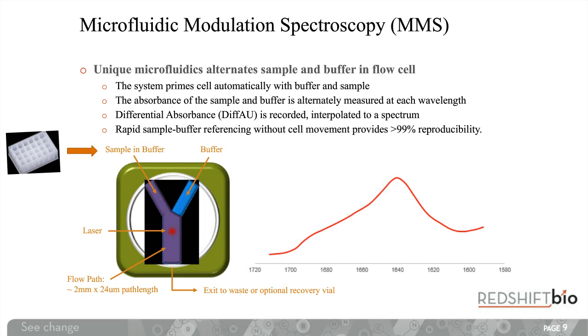We also, by using this modulation between the two channels, account for any short-term drift there might be within the light source, which is again quite a large problem with FTIR, as during the course of what can be quite a long measurement, you can actually have quite significant drift in the light source, and this can cause quite large errors in the spectrum.